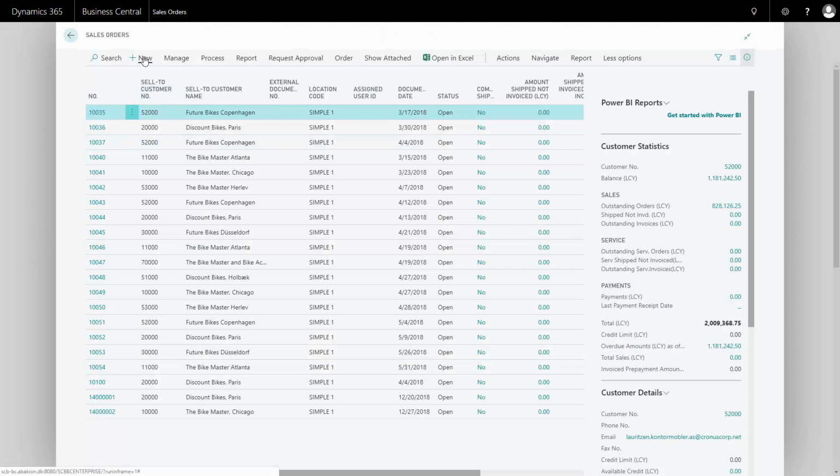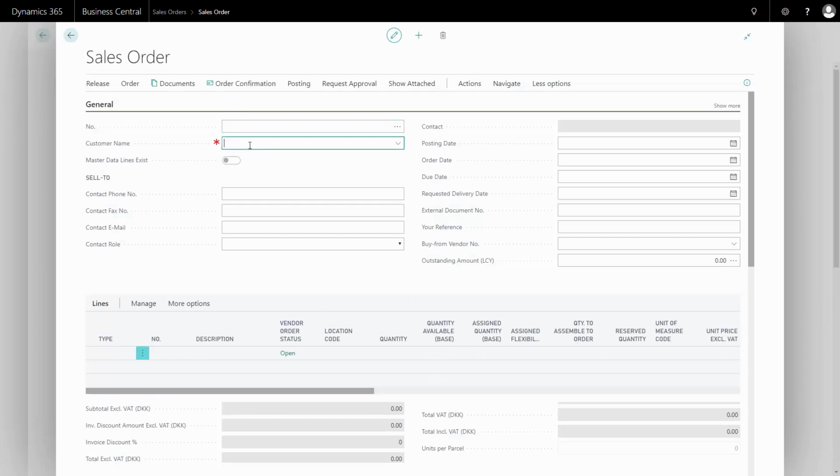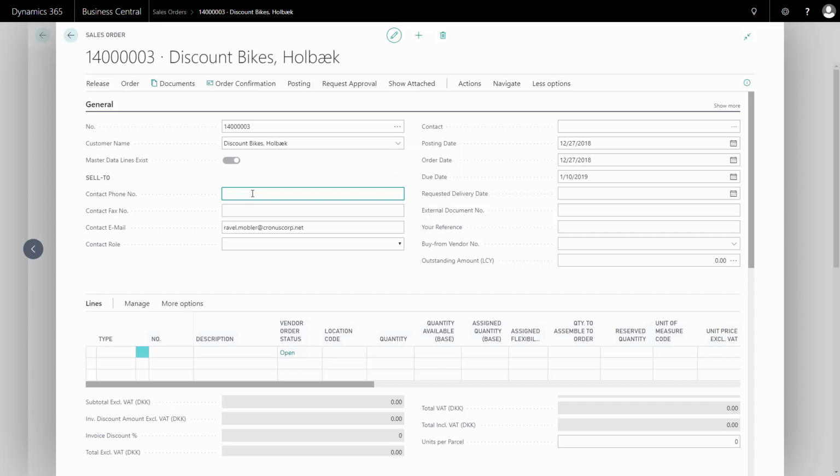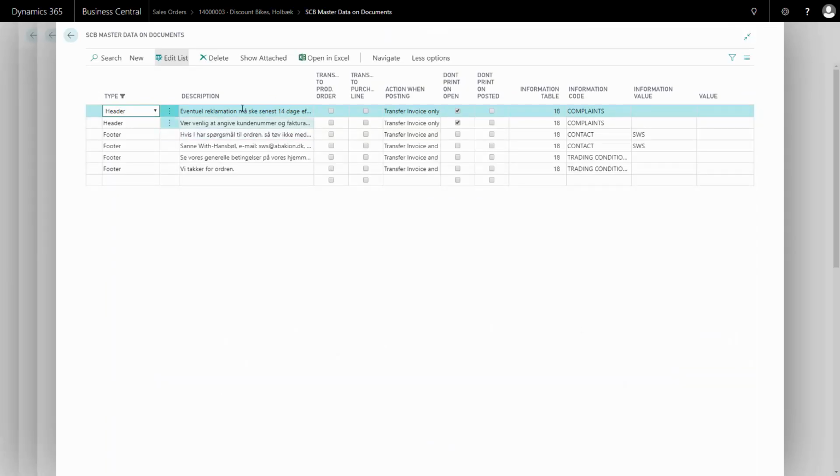Let's make a new sales order here for another customer, but the same example and the same data set. So I'll just add a customer here, which I believe has a language code of Danish. And again, if I go to navigate, dynamic reports, master data information, in here I can see that all the same text coming from the same information is now set up with Danish language code on the header.